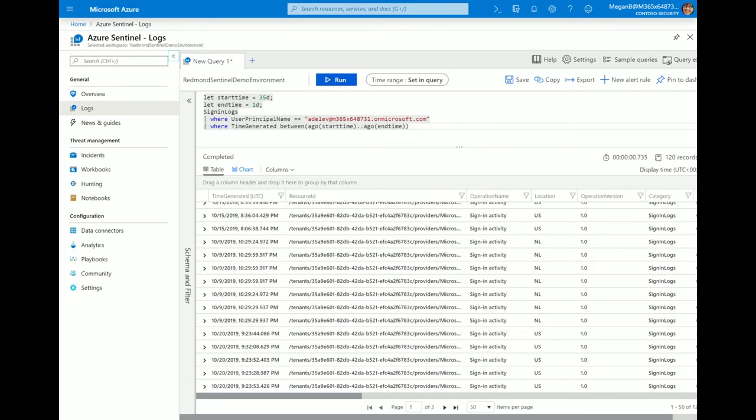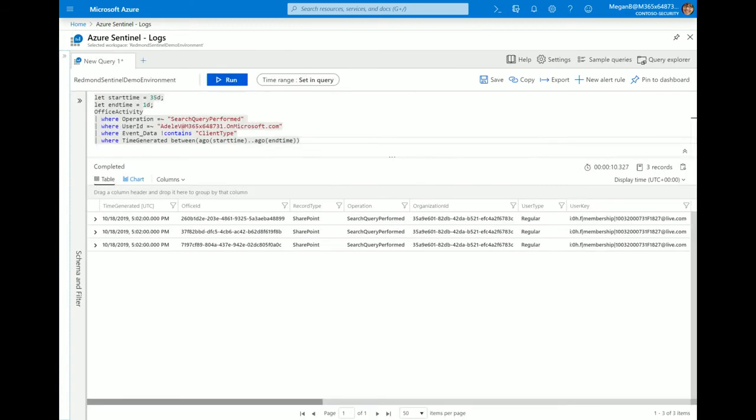So you know that based on the logs that you're seeing right now in Sentinel, that somebody did log in from an unexpected location. And you can check with Adele whether she was in the Netherlands at the time, and if she wasn't, you know that this looks like a breach. So the next thing you might want to do is see what this person was doing